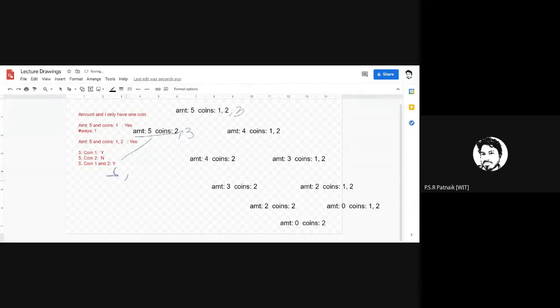Amount 5, not use 1, not use 2, left with coin 3. You have further decided not to use 3. Then what will be the call? Amount 5, and the coins will be empty. Right? They are empty coins. So we have handled the successful case.